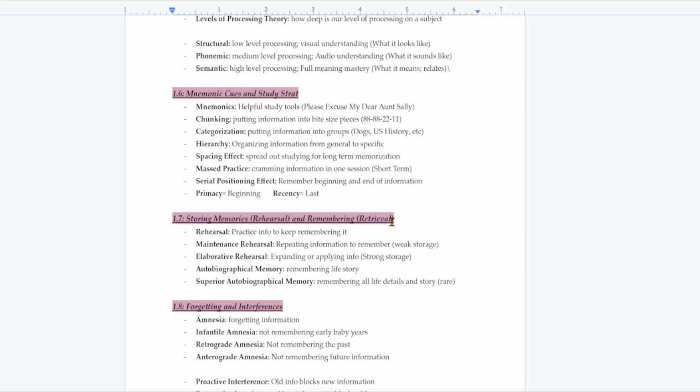Space and effect means the best way to practice studying something is to space out your studying over time. Don't study all in one day. Do an hour today, an hour tomorrow, and an hour the next day. It gives your brain time to recover and take that information while you sleep and put it into your long-term